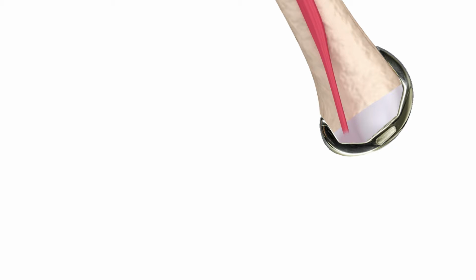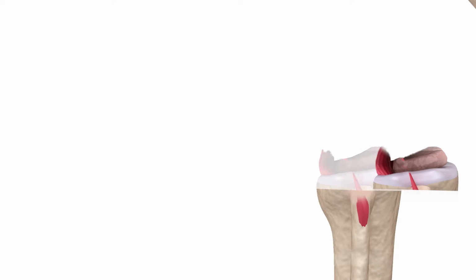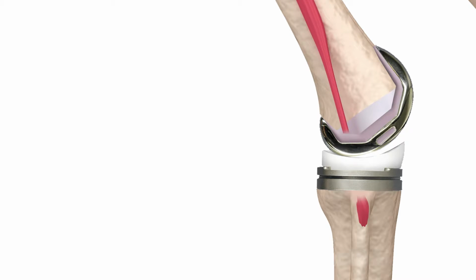Then the femur is reshaped to match the implant, so your surgeon can attach the implant to your femur with bone cement to fix it in place. Next, your surgeon will reshape your tibia, or shin bone, removing bone and cartilage from the top of the tibia and shaping the bone to fit the implant. Then, your surgeon will attach a flexible cushion between the tibial and femoral implants to provide support as you bend